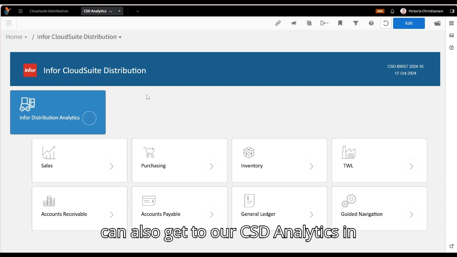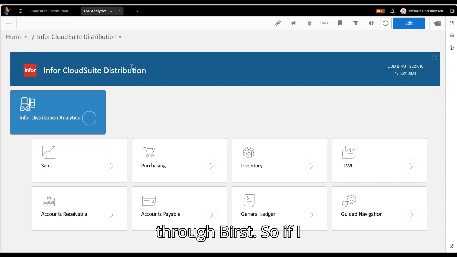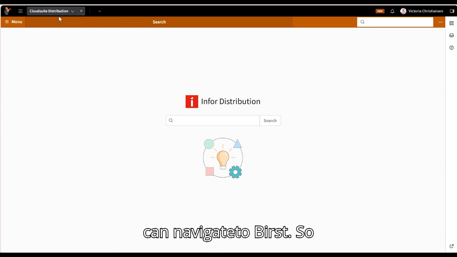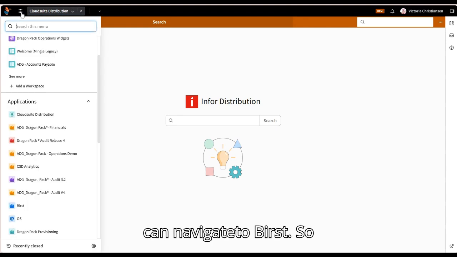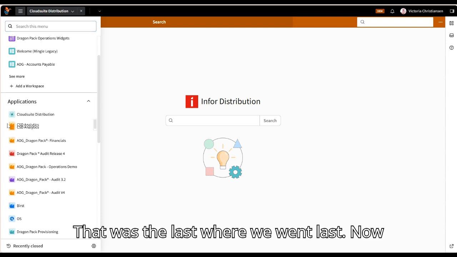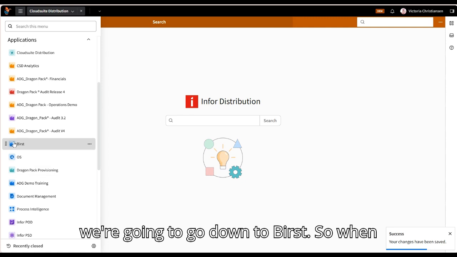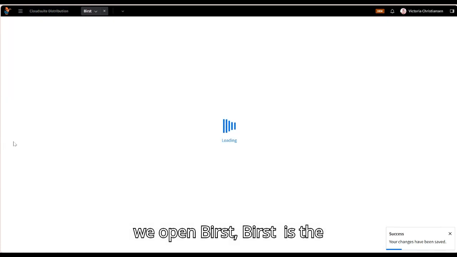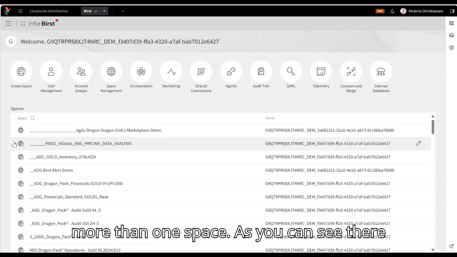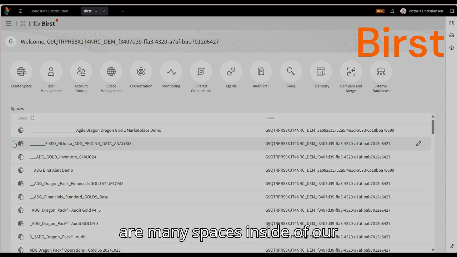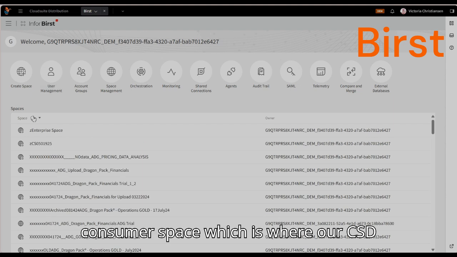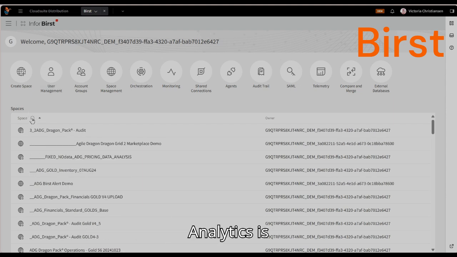We can also get to our CSD Analytics through Birst. If I close CSD Analytics, I can navigate to Birst. Now we're going to go down to Birst. When we open Birst, Birst is the application that holds more than one space. As you can see, there are many spaces inside of our tenant, but when we look for our consumer space, which is where our CSD Analytics is,